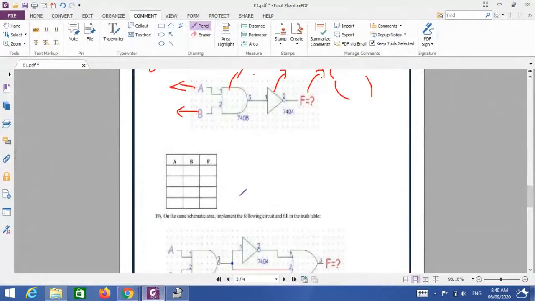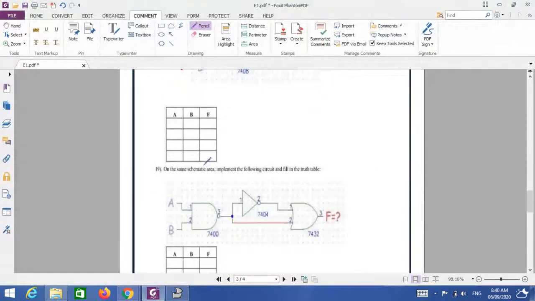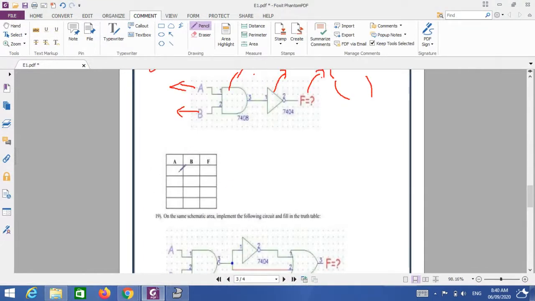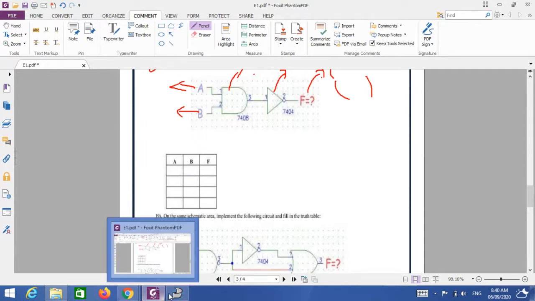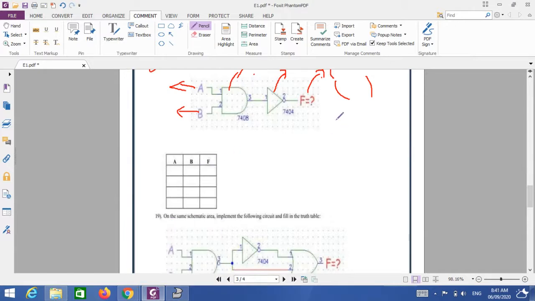Now let us give the input. I think there's some problem in uploading the files. So now here we give input like this. Just now I will show you. Please, all of you, note down this table.